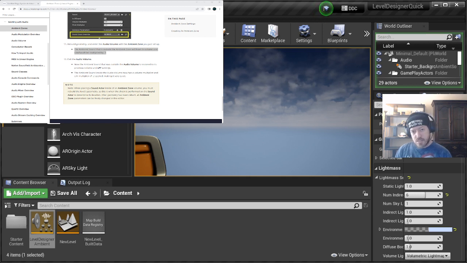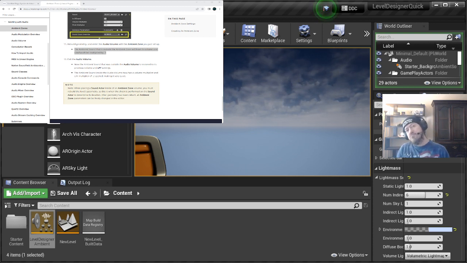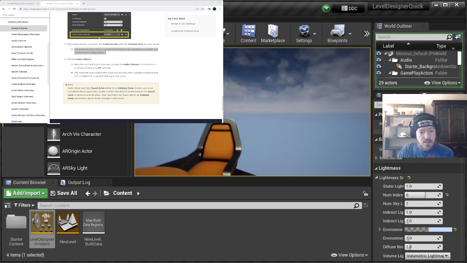In my case, if I'm right against the wall, I can hear the fire inside, just barely. I can hear mostly the birds and a bit of wind. So I would imagine that if we changed some of the settings inside the volume itself,